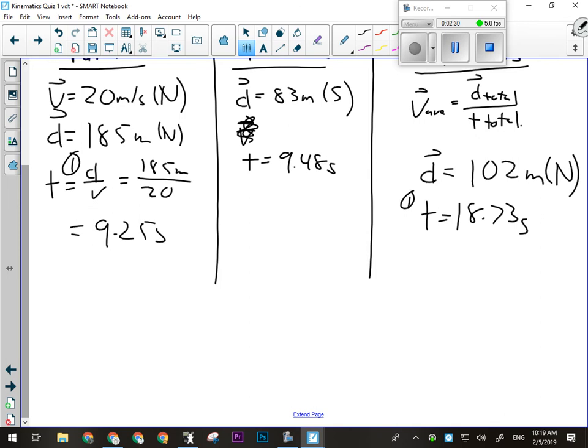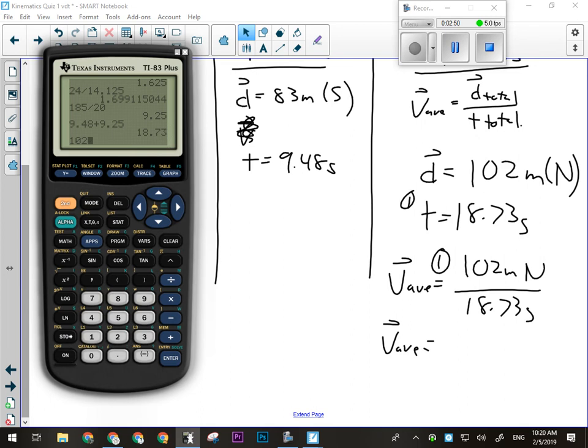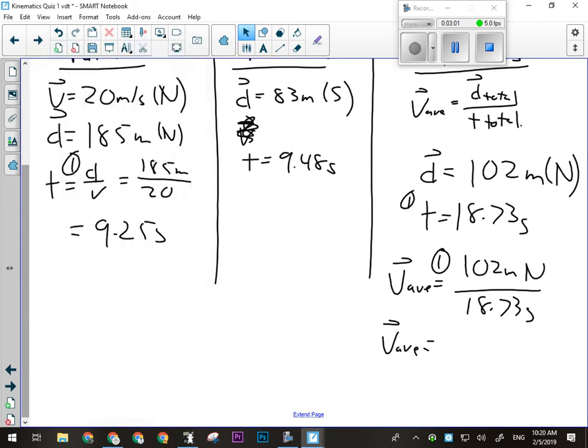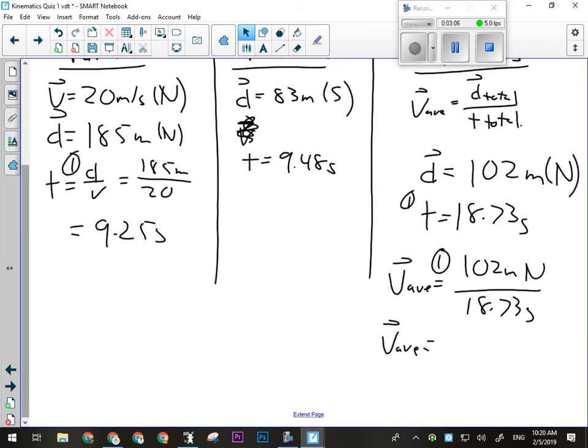Okay, our next thing is that we have to calculate the average velocity. So that will be 102 meters north divided by 18.73 seconds. Okay, if they have a v equals d over t calculation in there that shows something like that, okay, they can have a mark for that, right? And we'll get our average velocity out of that. Okay, so 102 divided by our 18.73 gives us an average velocity of 5.45 meters per second. Now, if we're doing significant figures here, this would only have 2 significant figures. So I'm just going to write it as 5.4